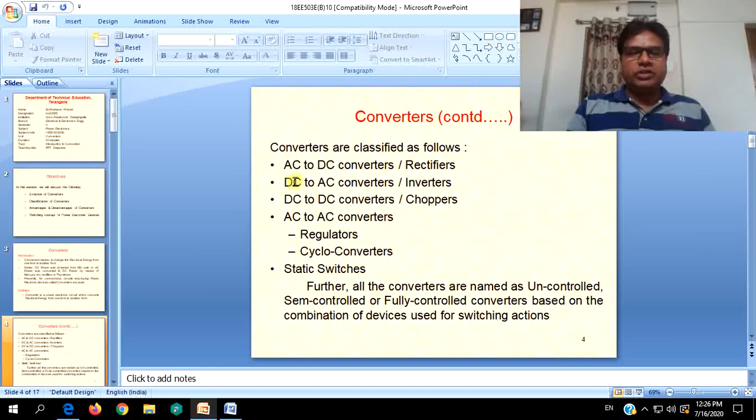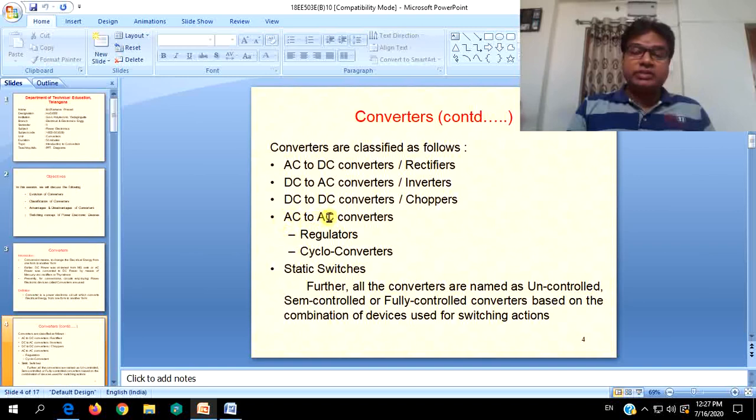The other class is DC to AC, where you will be inverting, or you are going in reverse direction to the rectification. From a DC source, you will be giving AC output, which is called an inverter. DC to DC, input and output both are DC, but what would be the difference? This is what I have just discussed. In the same thing, you can change currents and voltages according to our requirements depending on the load. That is DC to DC conversion, which is called a chopper. So these converters are called choppers.